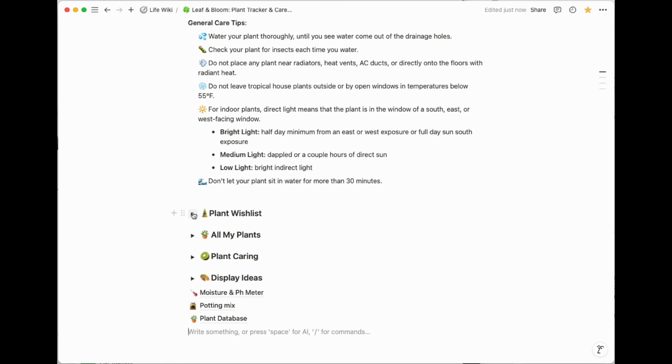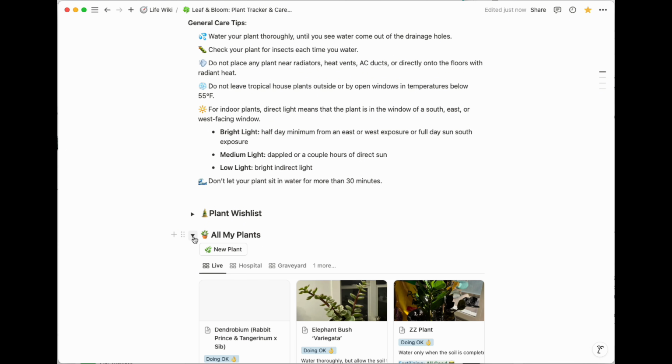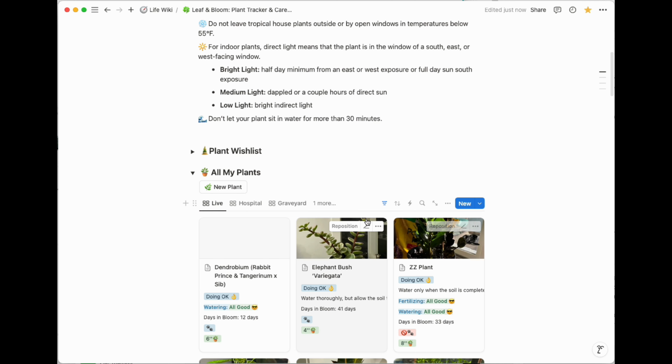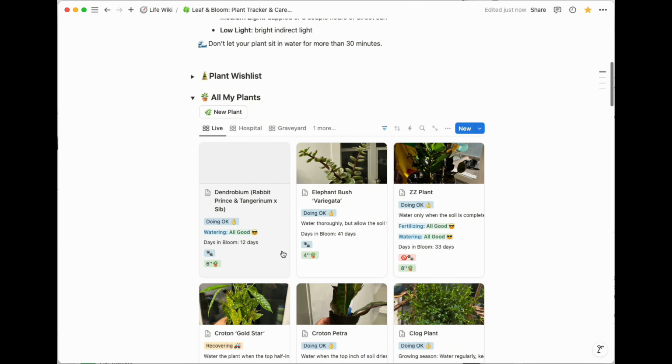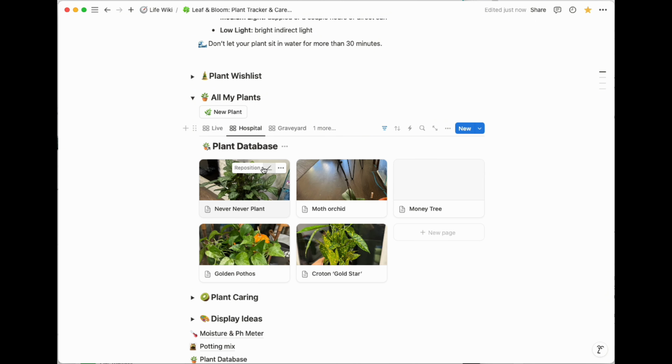And all this notebook is in toggle lists, so you can close and open it just for ease of navigating. Second is all my plants. Following the plants, I give a couple of sub tabs. This is the plants that are still alive, and this is the hospital. Some plants need to be treated. Like this one, the Nemonaire plant is currently struggling from pests, and